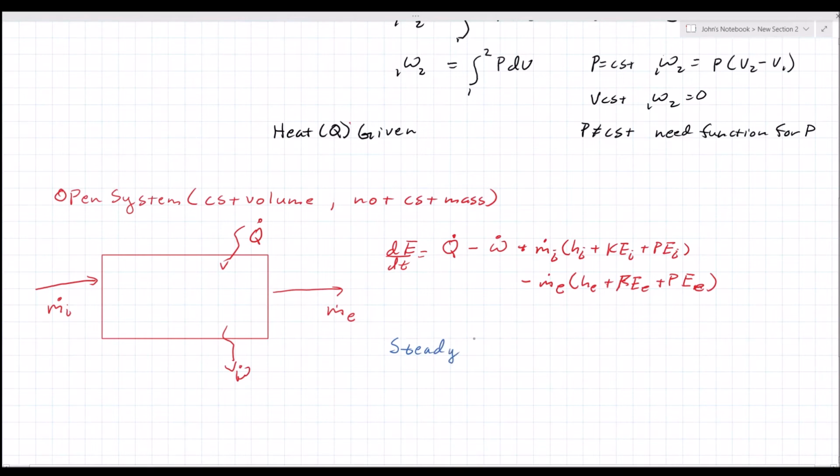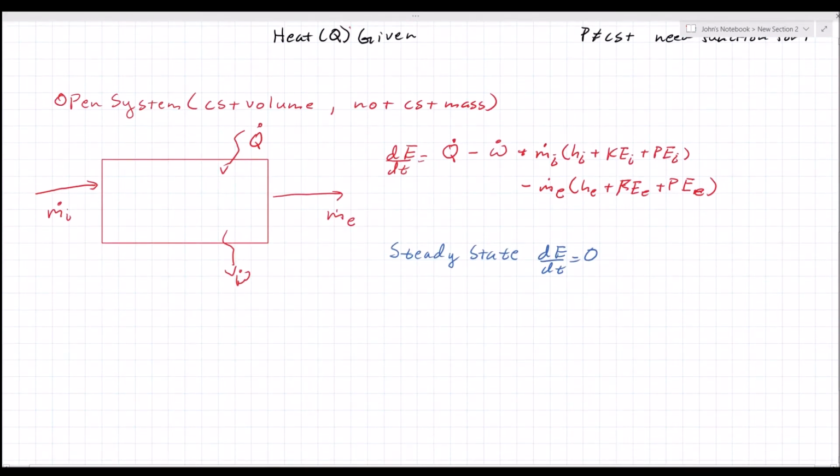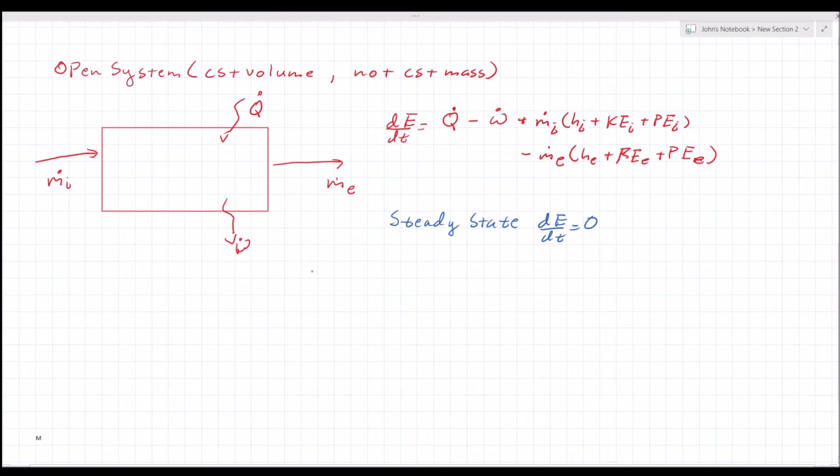If a system is operating at steady state, that means the energy of the system does not change with respect to time. Therefore, dE/dt equals 0. And that simplifies your system a lot because now you can write your first law equation for an open system as 0 is equal to the heat pumped in minus the power taken out plus mass flow rate in times enthalpy in plus kinetic energy in plus potential energy coming in